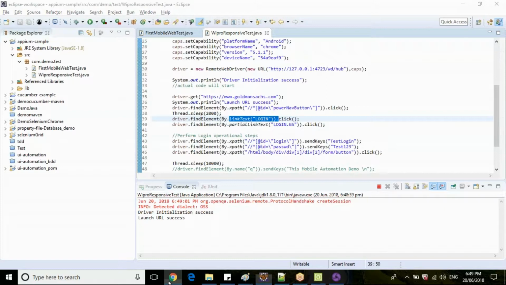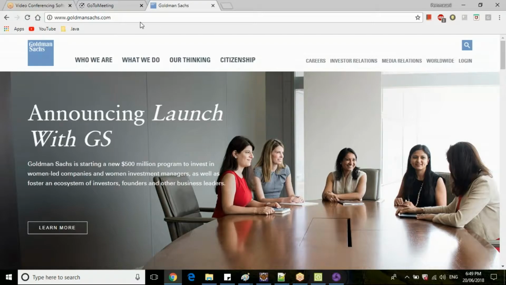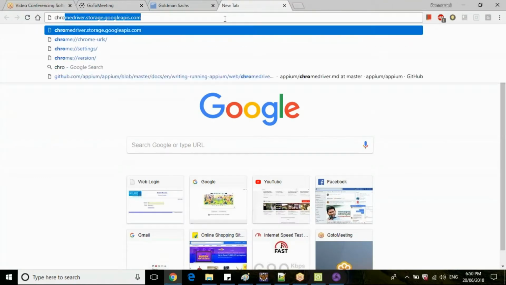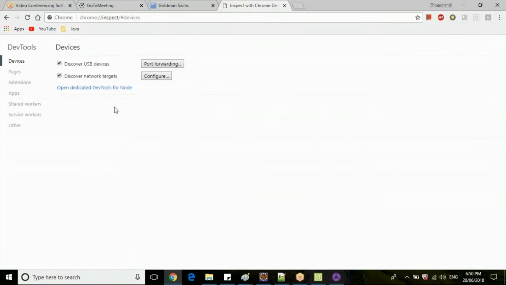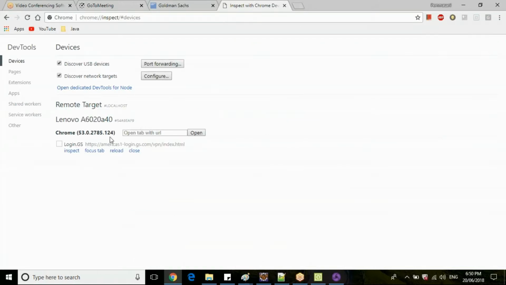Once you are opening your browser here, just click Chrome inspect. This will show how many devices are connected: this Lenovo device and one instance of my Chrome browser is available.